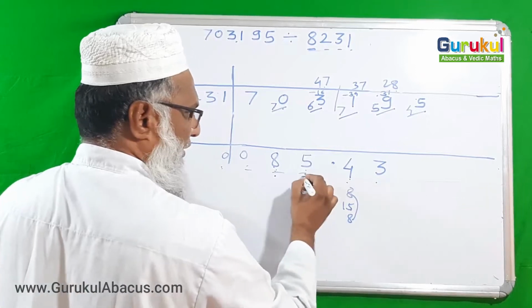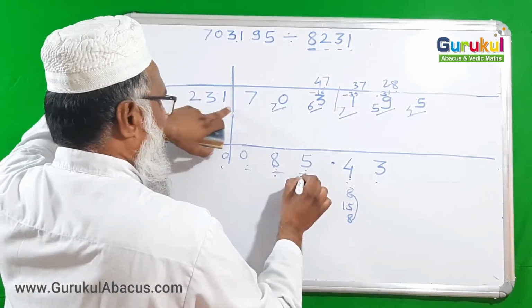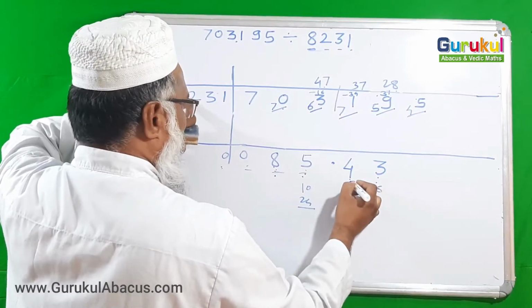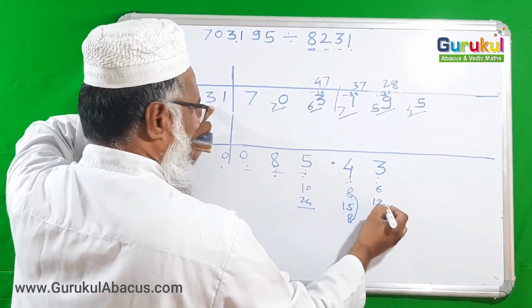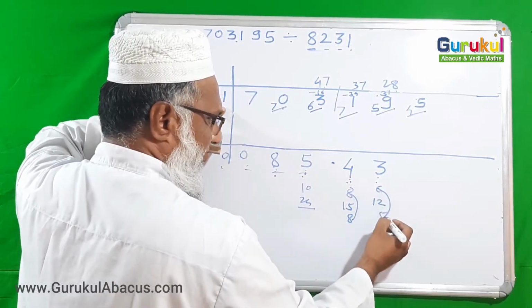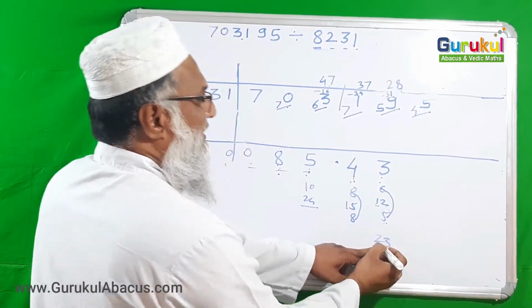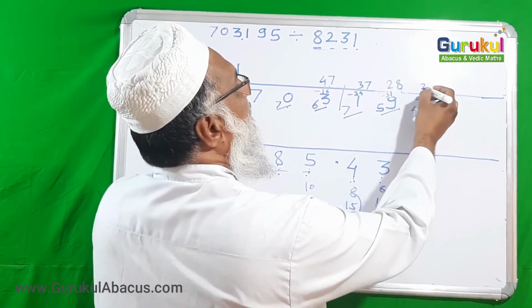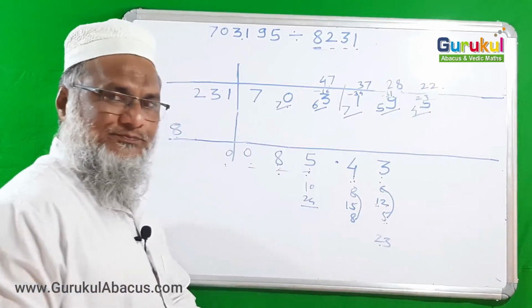Now those 3 digits I am taking for multiplication with flag digits. So 3 2s are 6, middle 4 3s are 12 and 5 1s are 5. Now 6 and 5 is 11 and 12, that. So 23 we have to subtract from it. So we are getting here 22.